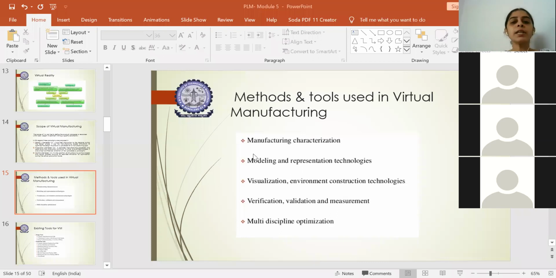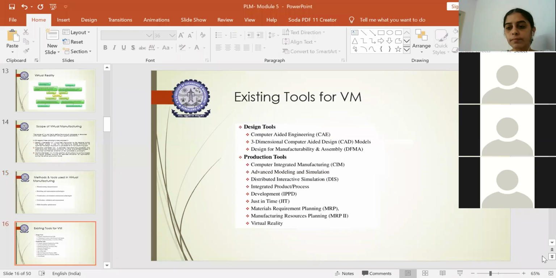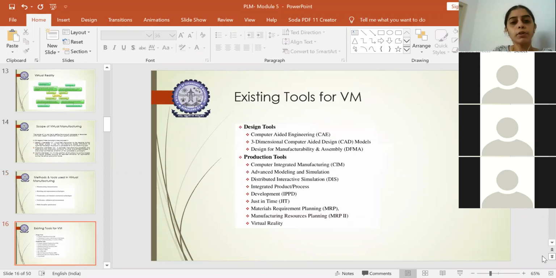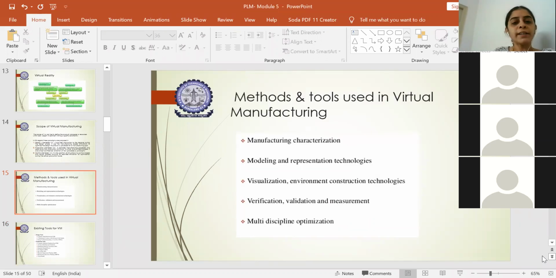So these are the tools which are used in virtual manufacturing in common, irrespective of which type of product you are going to manufacture. Okay, so these are the methods which we follow, and then coming to the tools. So related to the method